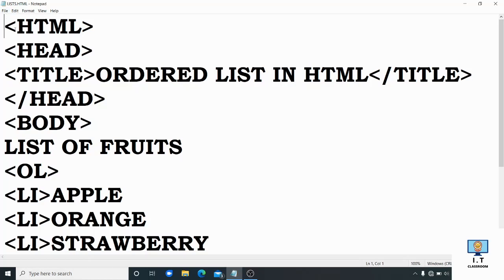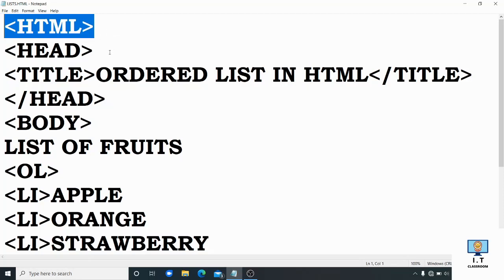First of all, see how to write a program for creating an ordered list in HTML. In the beginning of the program, you have to write the HTML tag for starting a new HTML program.